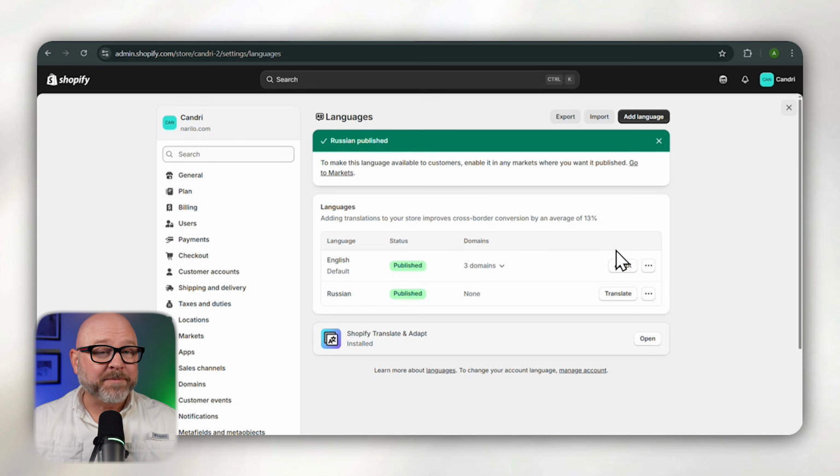Once you complete this step, the language becomes fully available on your storefront. Customers will now be able to switch between languages using the selectors shown on your theme, and Shopify will automatically display the translated content based on your published settings. After you finish reviewing everything, your multi-language setup is complete. Your customers can now browse your store in a language that feels natural to them, which, among many things, improves trust, reduces any confusion, and will also increase your chances of making that sale, which is really the most important